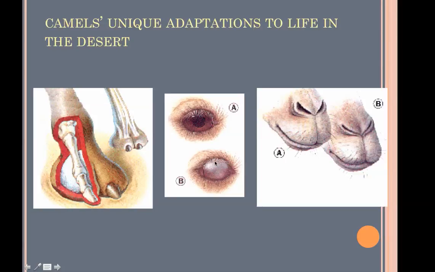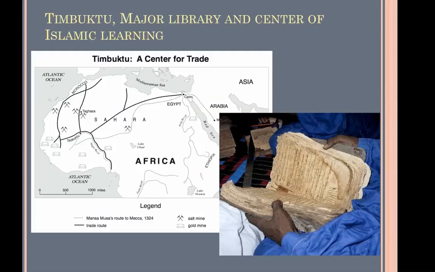and one of them actually goes, instead of vertically, from one side to the other, which seems kind of weird, but very important when you're traveling in an environment that can kick up a lot of sand. Finally, they have the ability to close off their nostrils almost completely, which again keeps sand out of their system. So without camel pastoralism, without that kind of technology, it'd be utterly impossible for any people to cross an environment as harsh as the Sahara.